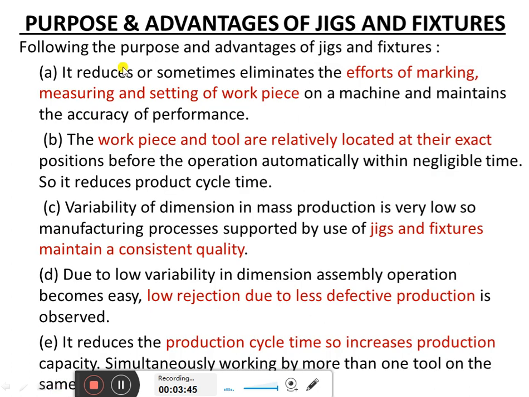Then the purpose and advantages of jigs and fixtures. They eliminate the effect of marking, so there is no need of marking. Jigs are used to hold the workpiece as well as guide the tool. So if you are going to drill in a particular position, it guides the tool. It avoids the marking of drilling positions. The workpiece and tools are relatively located at their exact position, so you can easily locate the position for drilling. And the third one is